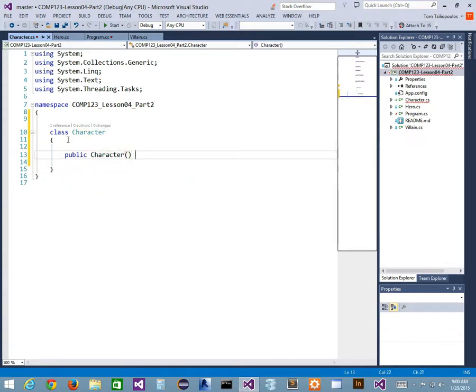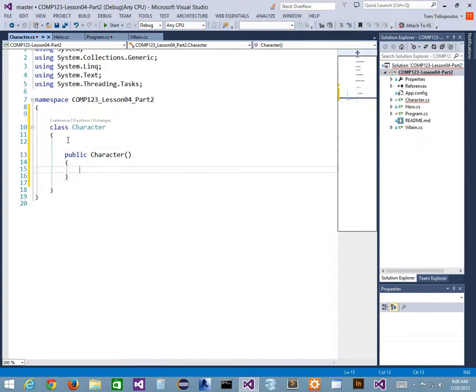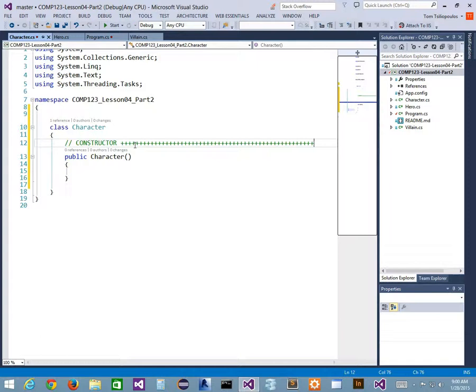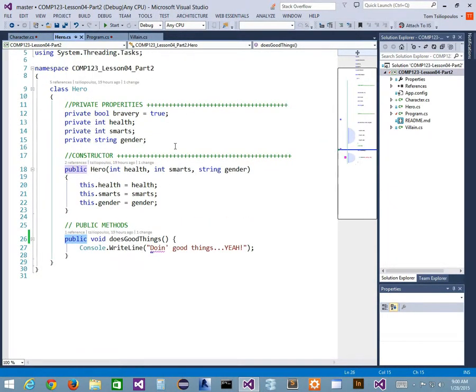Right now it's going to be the empty constructor just as we start building. I'm going to plop in this comment here that says constructor. So that's the first thing. All right, this is cool. I know that I'm going to take in this constructor, and when I go back to hero, I know that all this stuff here, health, smarts, and gender,